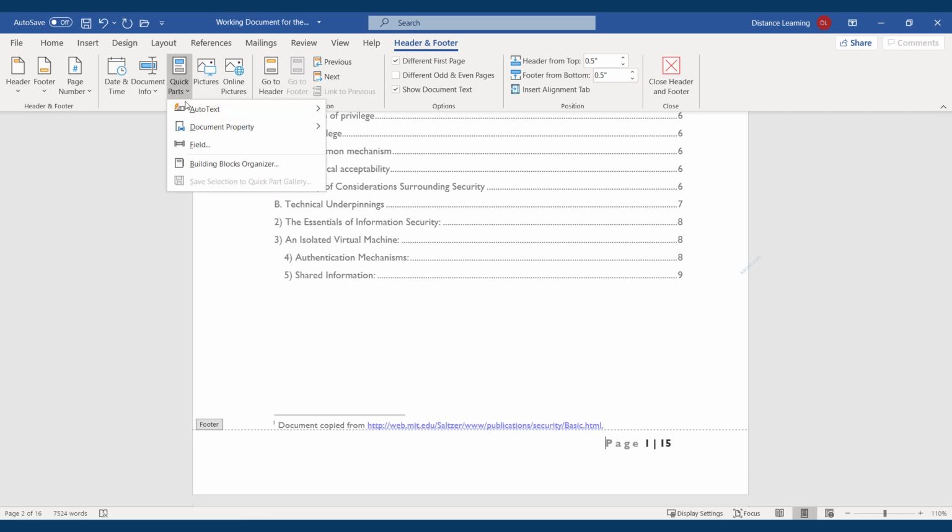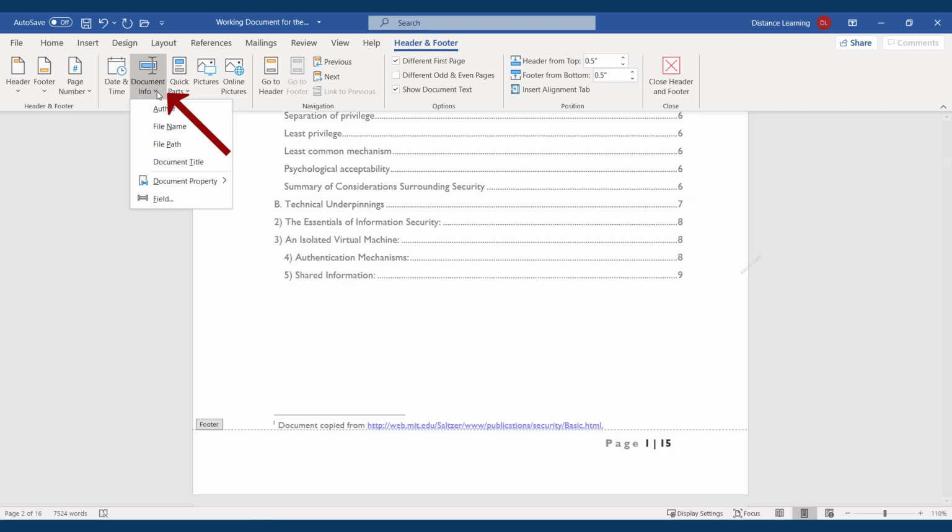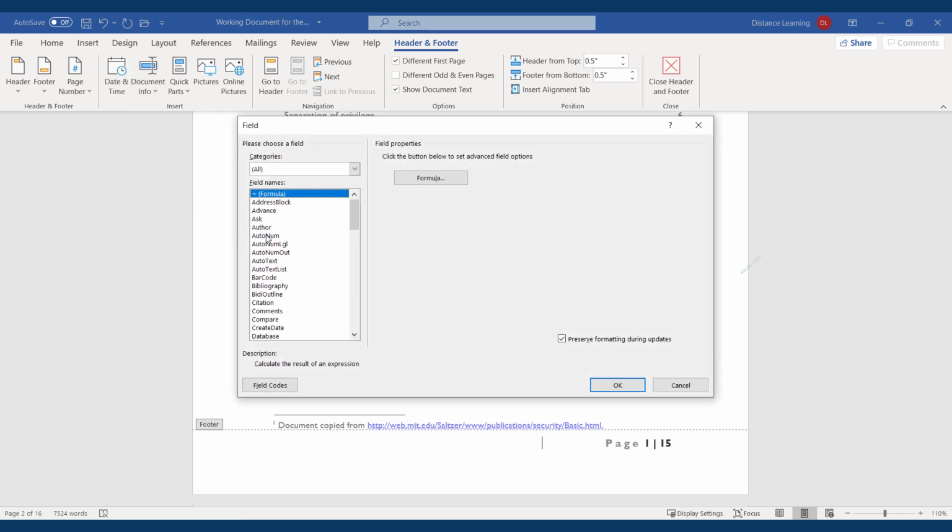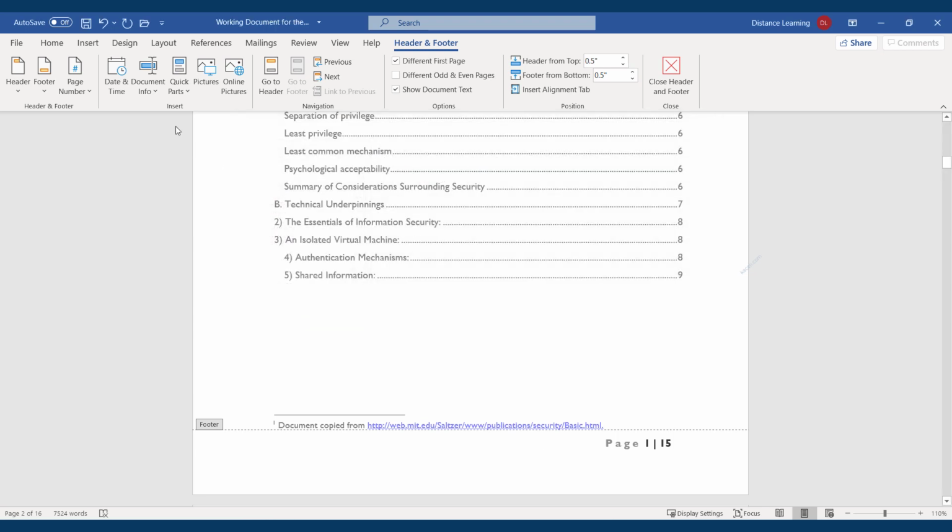From here, you could add other field types under the footer, such as, for example, if we go down here, let's say to the left of this footer, I want to insert the file name. You can do that by going here under Inserting document information, and you could choose the author or the file name or the path, or you can even insert a field name and get more granular, such as the date created and table, all kinds of areas or data from this specific document. So I'll choose here file name,